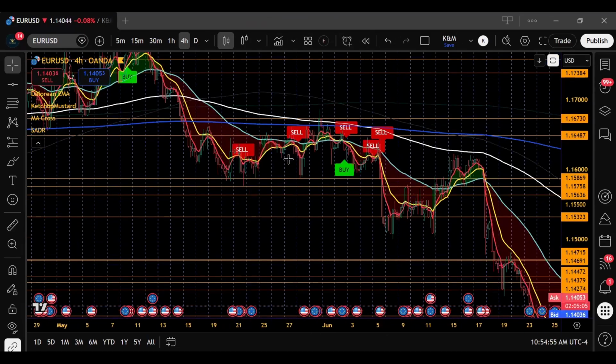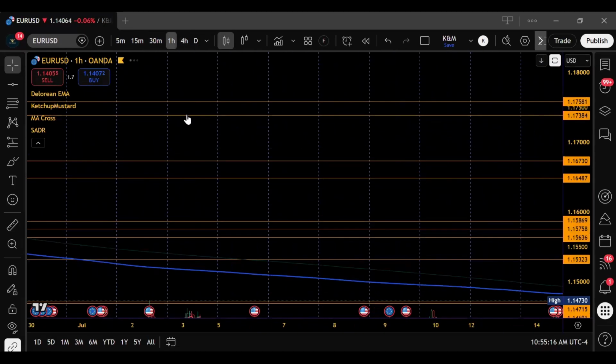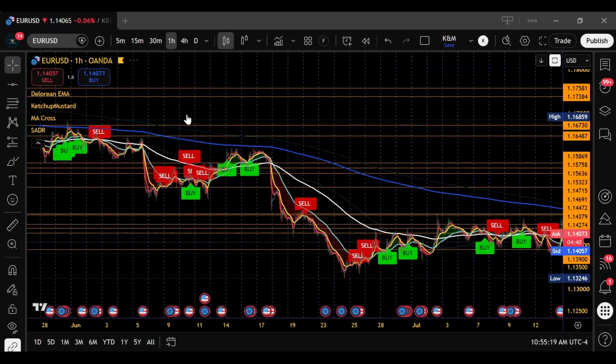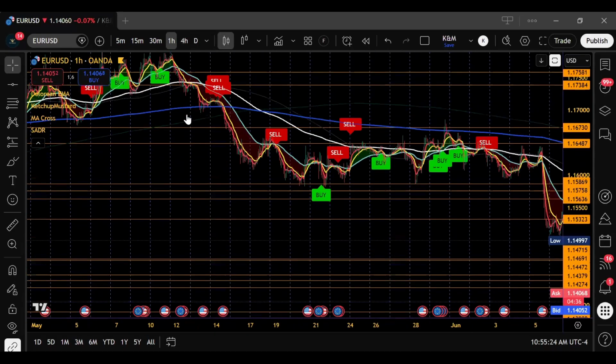Unless you're that type of trader where you're on the 4-hour chart, that's going to take way more time for your trades to hit because these are 4-hour candles. So unless you're on that level of being like a positional swing trader, you're always going to break down to a lower time frame anyway. And there's going to be more trades given from the scanner because of the lower time frame. So since we already marked up on the 4-hour, we're going to go down to the 1-hour and look at every time we saw a sale